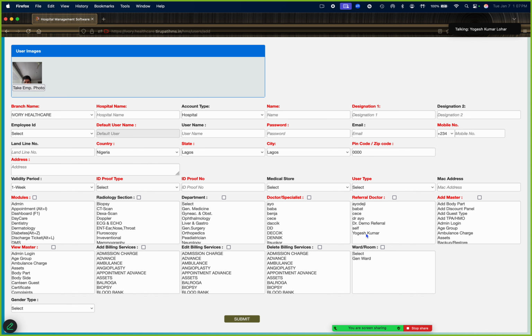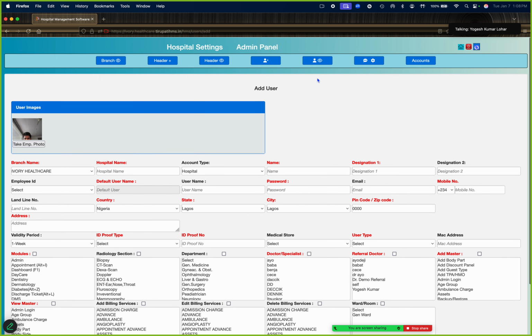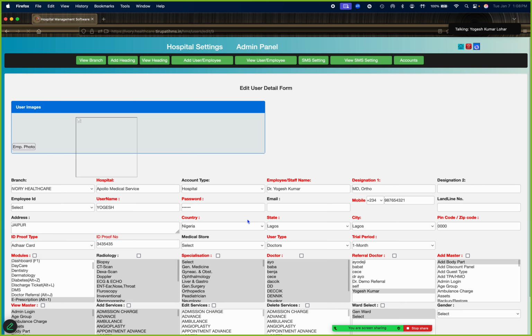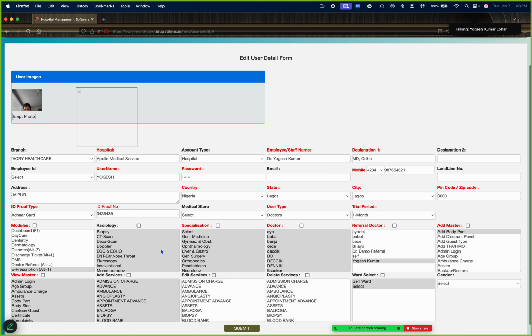The Yogesh user ID we already created, and if we want to make any changes in that account, we can go to the view section and update which modules we should give. In the module section, to see his patient award record, we give him the clinical section like e-prescription, OP billing, IP billing, laboratory, MIS report, nursing desk, OPB, operation theater notes, and if they want to see the patient MRD, patient portal, radiology, reprint.